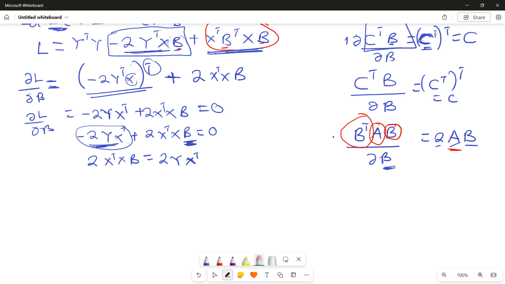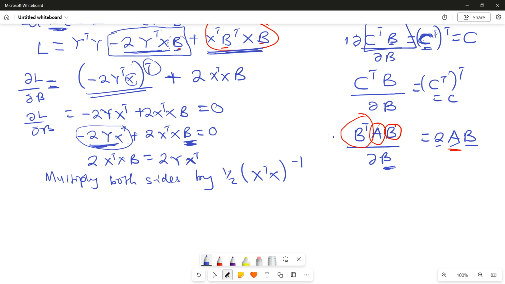Okay, so we can't divide matrices, which means that to make b the subject, we need a little form of manipulation. How? We introduce the inverse. In short, if we multiply both sides by half x transpose x inverse,